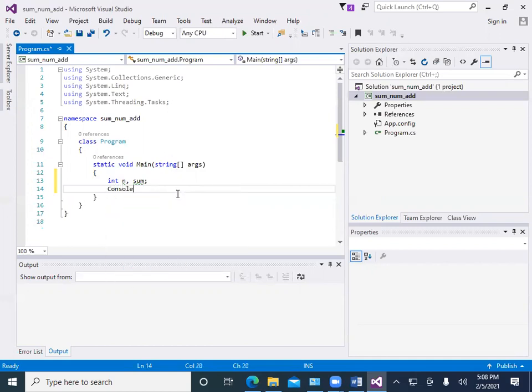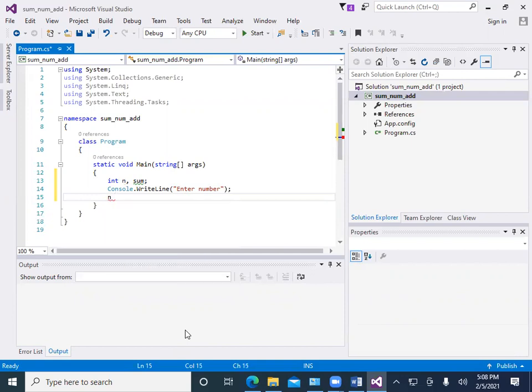I give the message Console.WriteLine, enter number. In this example, if the user enters 5, then we do the addition up to 5. It will start from 1 and go up to 5, do the addition and give us the result. And that number we store in a variable n.